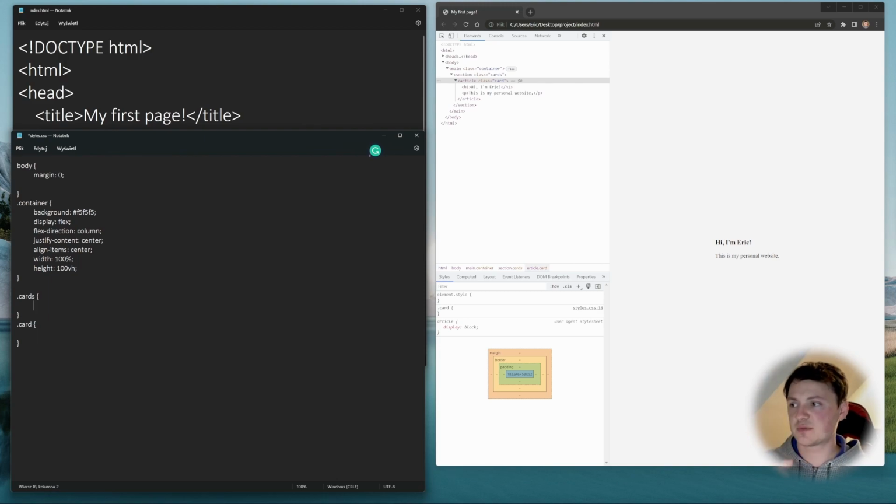So first of all, in cards, we will copy this one. We'll put it here. However, we'll make the flex direction row because we want them to be displayed as a row, so from left to right. Well, technically cards is done. Let's make it look like a card,